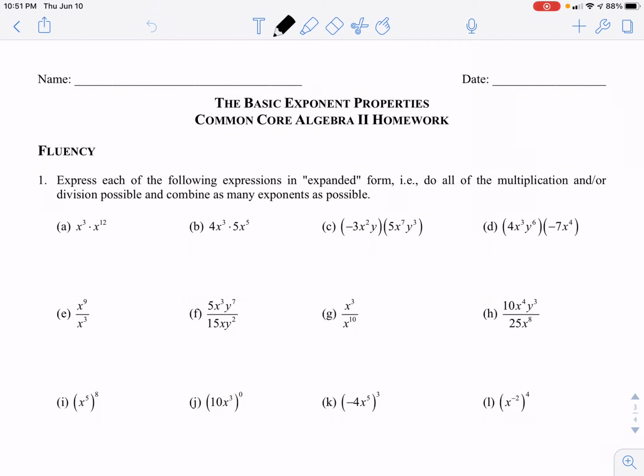Part 1. Express each of the following expressions in expanded form. In other words, do all the multiplication and or division possible and combine as many exponents as possible. Let's begin. Part A,